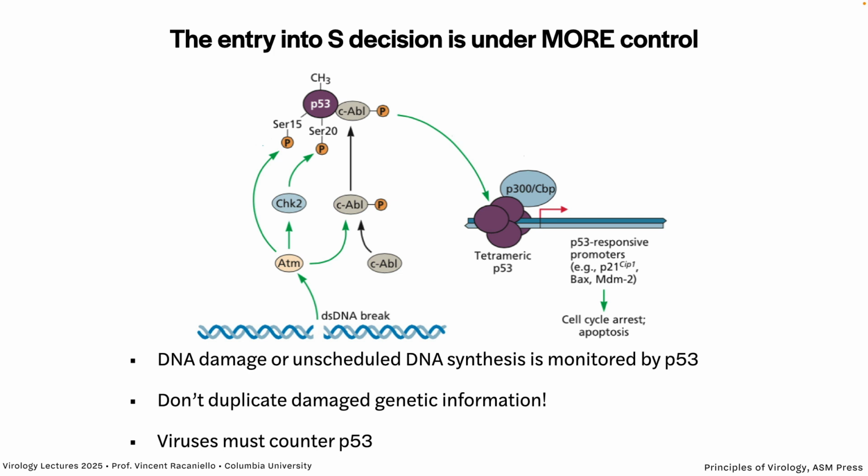So here's a DNA break. It's detected by a protein called ATM, which activates P53. P53 then goes to promoters for genes that induce cell cycle arrest and apoptosis. So P53 is saying, something's wrong here, not a good situation. We're going to stop this cell from dividing and kill it by apoptosis. Obviously, this is not good for viruses, right? If T antigens have already antagonized RB, and now they encounter P53, what are they going to do?